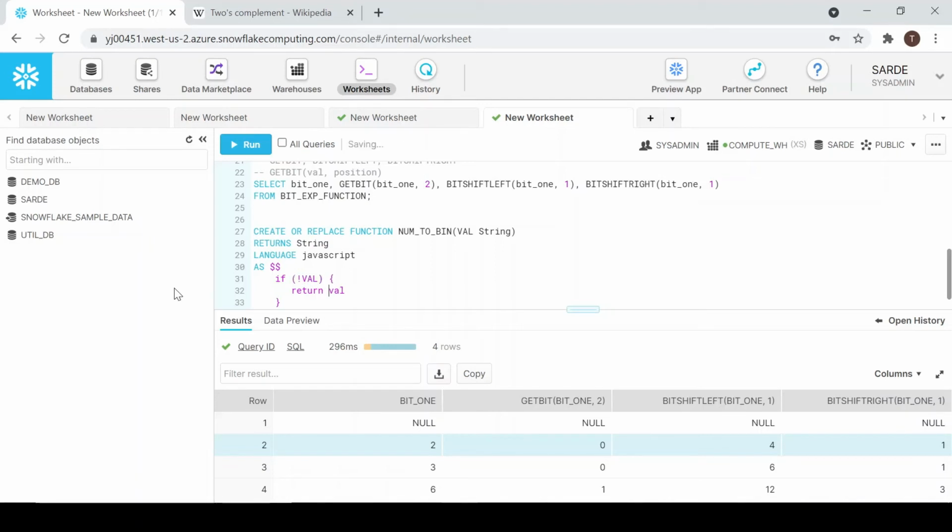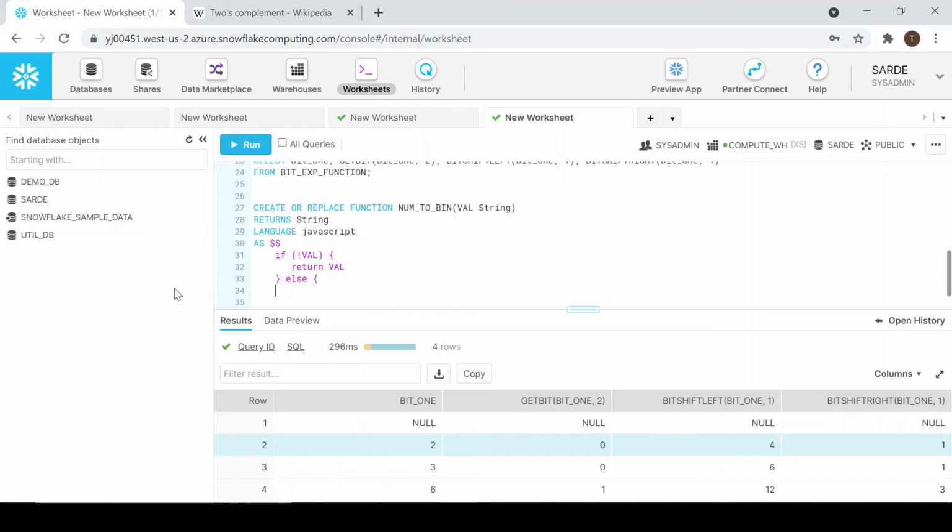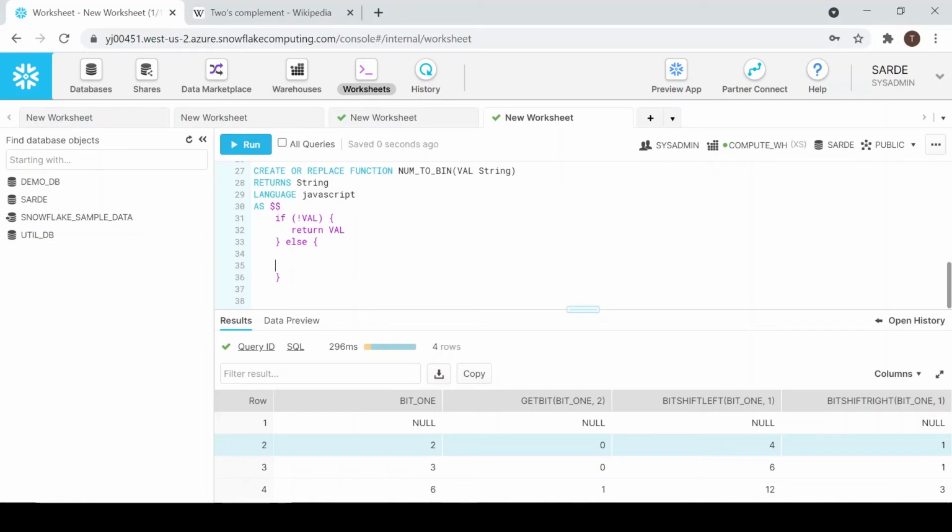Else we'll go to the loop, and what we will do here, we will use the JavaScript unsigned right shift operator to convert the digit into binary. So here we first declare our variable var bin equal to the value,